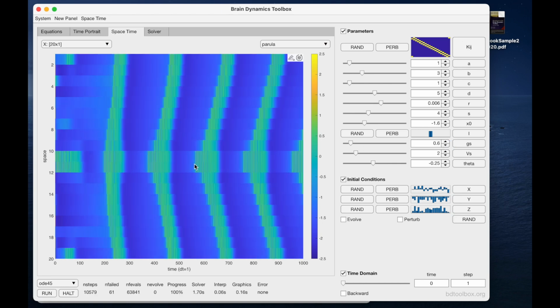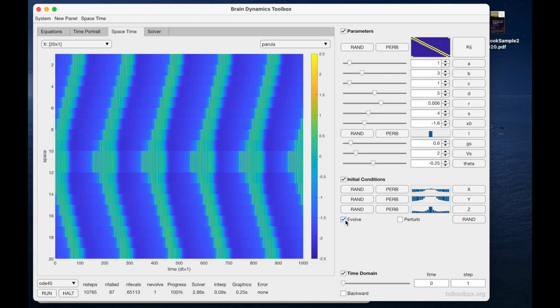we should see traveling waves that travel in both directions away from the stimulation site, and they actually encounter each other at the far side of the ring and annihilate one another. We can evolve that solution to get rid of those initial conditions and see the steady state behavior. Let's run that again,